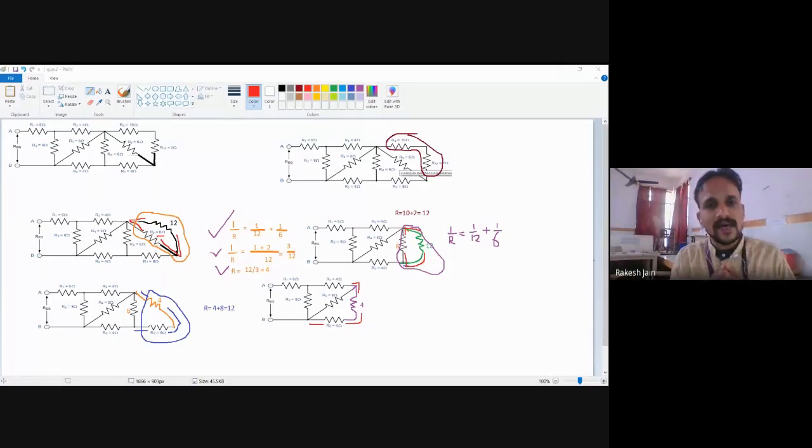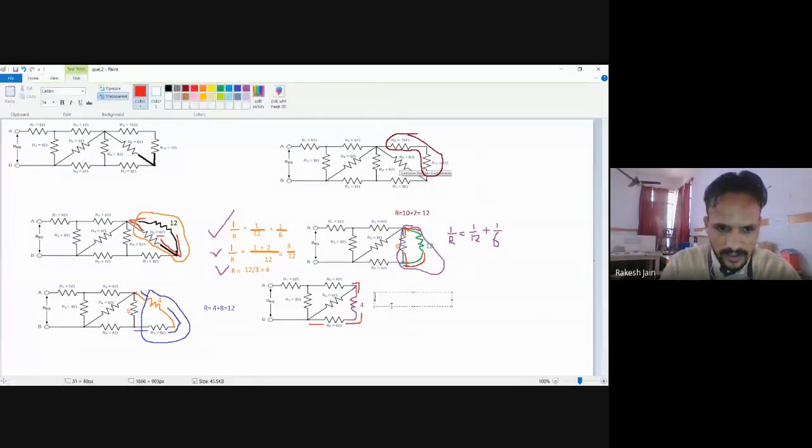These two resistances are connected in series, and we know that whenever resistances are connected in series, they will add up to each other. That's very good. So now see 4 ohm and 4 ohm, they will add with each other. So we know the final as 4 plus 4. So that will be 8 ohm.